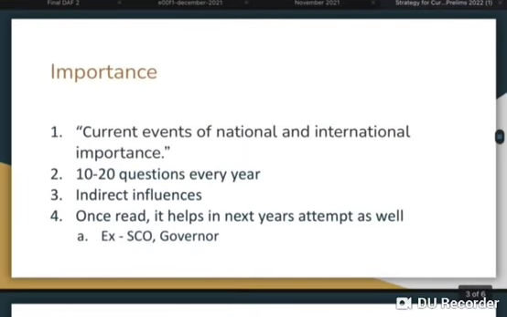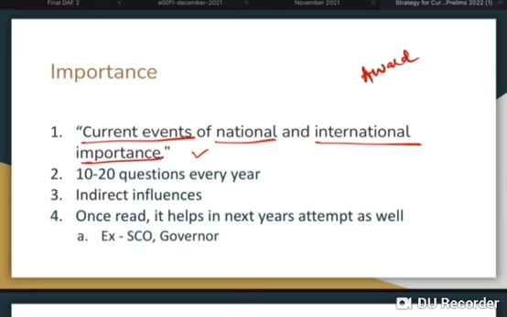First part is importance of current affairs. The prelims syllabus mentions current affairs as current events of national and international importance. This is a very broad mention, and if you see 2021's paper, then there were questions on awards and sports. Although there were outliers and you shouldn't be worrying about those things, it shows that UPSC asks questions from diverse points. Every year there are 10-20 questions directly from current affairs.